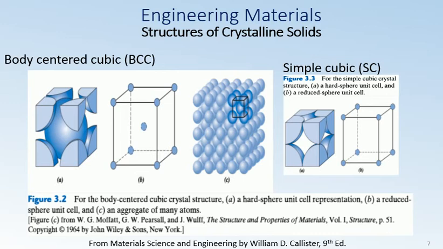get misled by this reduced sphere model where atoms in the corners are shown far apart from the central atom. This is just for our ease to understand and learn how these atoms are arranged inside the material. Actually, they are close to each other, just like we have shown in part A of figure 3.2. Okay, and part C of figure 3.2 shows you the aggregate of many atoms, how this material is arranged when it has body-centered cubic crystal